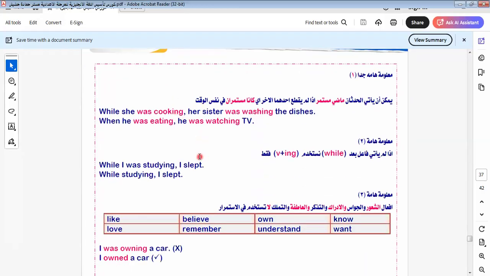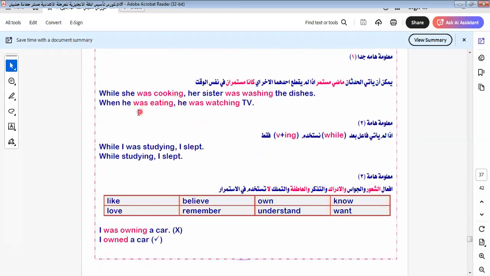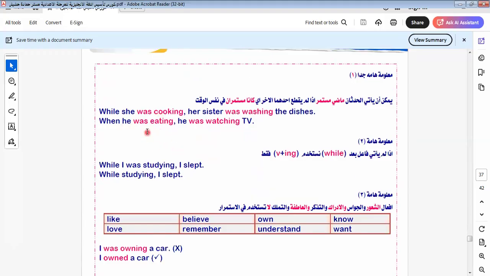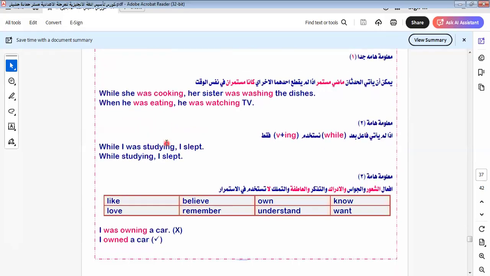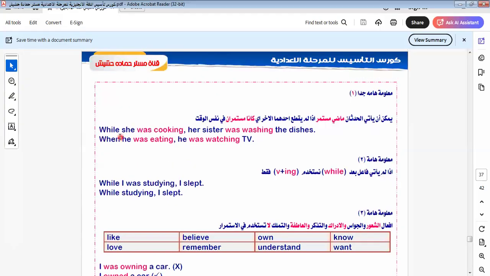Let's continue. Let's go to another one here. Here we have "when" with two verbs in the same sentence. Sometimes it comes as it is, but as we told you before, most of the time the verb that comes after "when" will be in the past form, and the other part will be in the past continuous form. And I would like to say that if we see "while", the verb after "while" will be in the past continuous without thinking, like this.